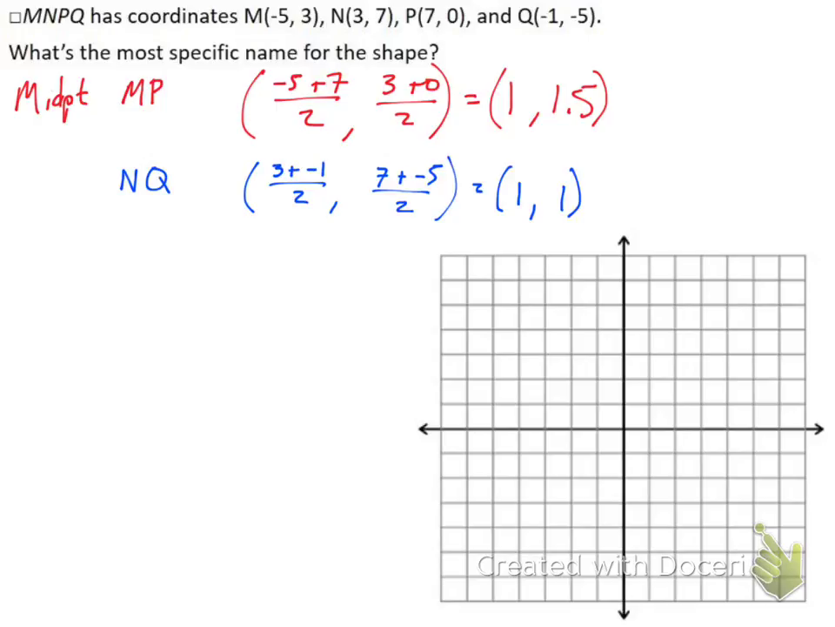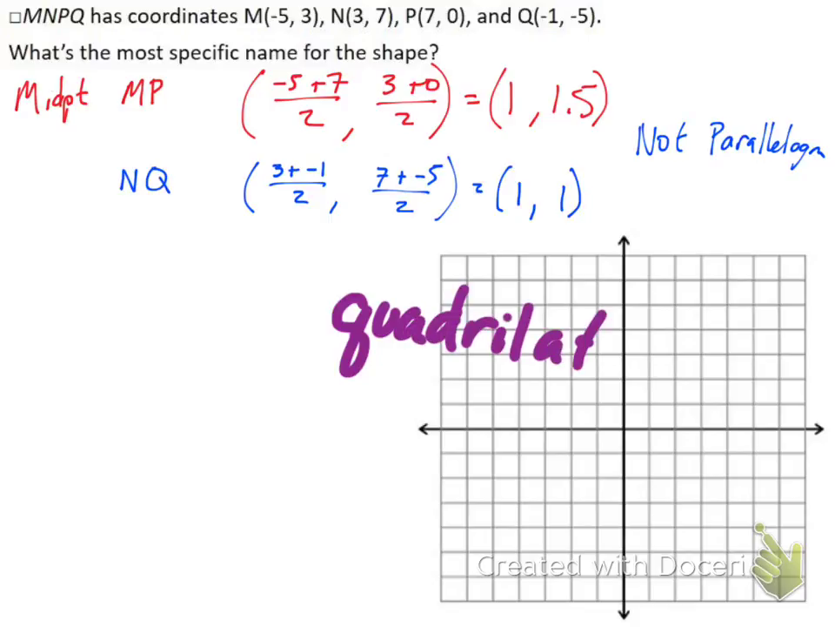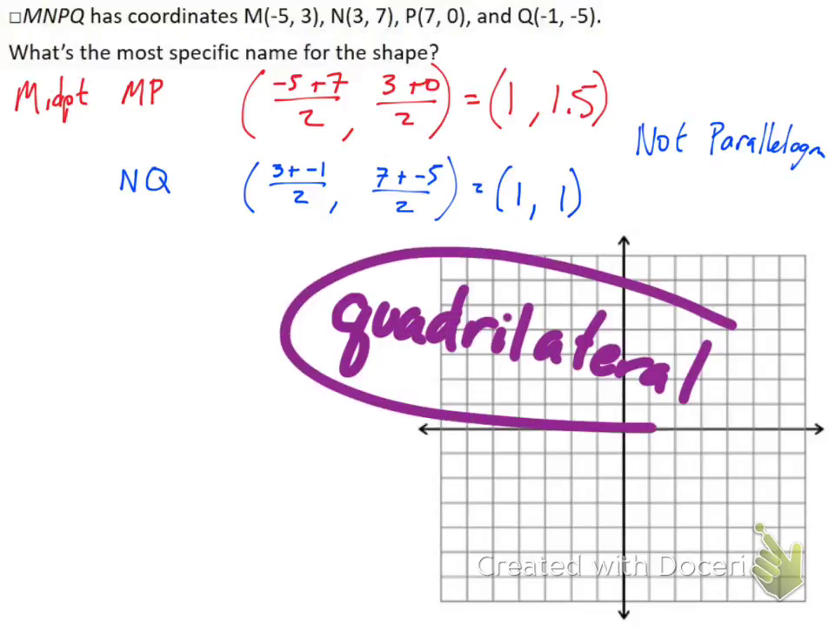So they don't have the same midpoint, so I know this is not a parallelogram. And so I don't even have to draw the thing, and I don't have to do anything else. If I know that it's not a parallelogram, it means it's not a rectangle, it's not a rhombus, it's not a square. So this one just ends up being a quadrilateral. Since it's not a parallelogram, all the other ones are out. Then the last one,